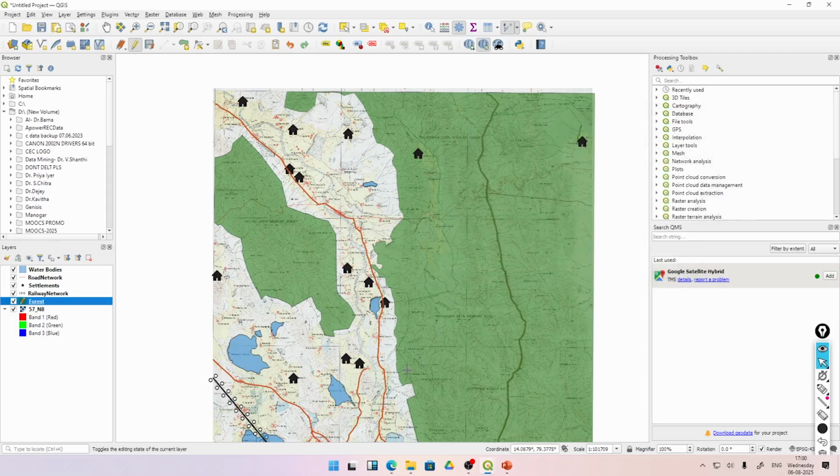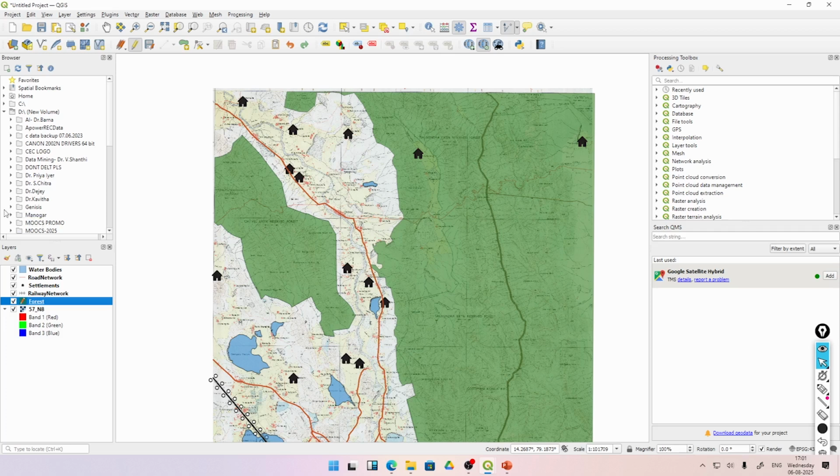So similarly, to find lengths, what we'll do is, once we have stopped working with the layer, the first thing we'll do is save it to avoid confusion. If we keep the layer in editing mode, by mistake we can end up digitizing in this layer instead of some other layer, which will create confusion. So once we have finished working with a specific layer, we'll save the changes and stop editing. Save. Now we will come to road network, enable editing,